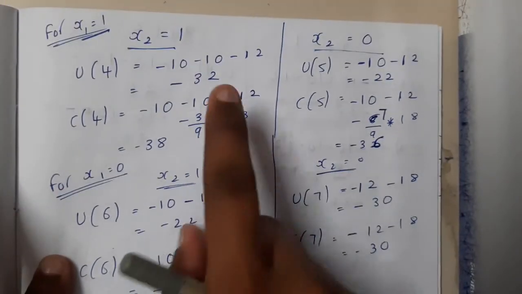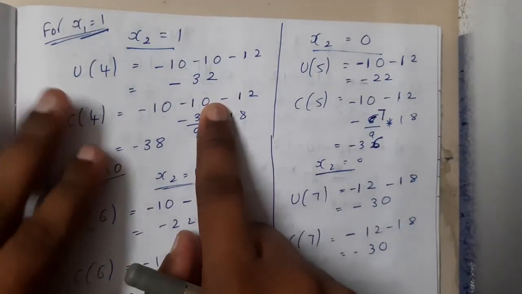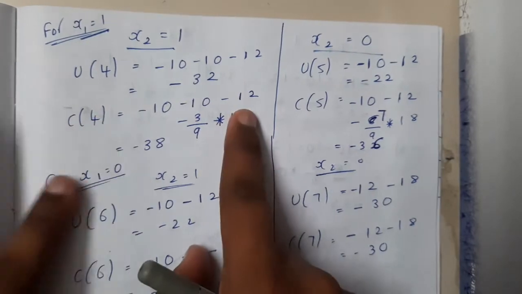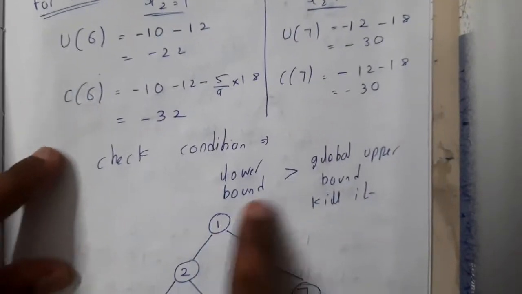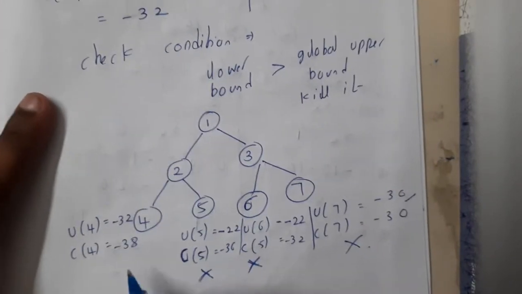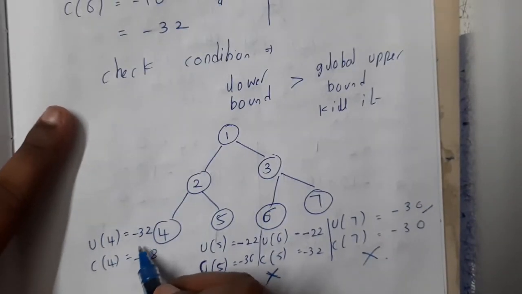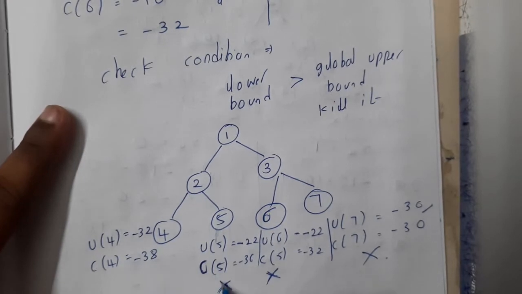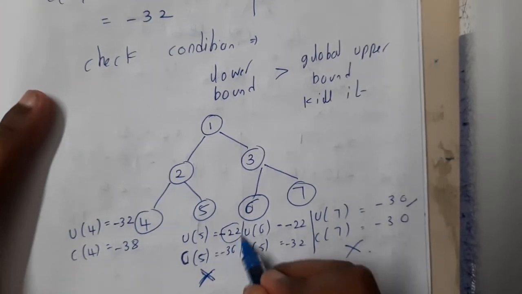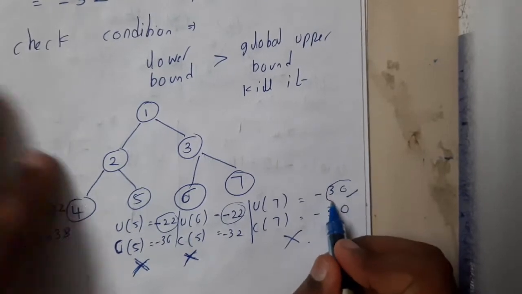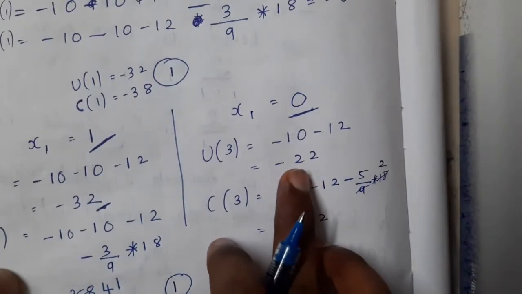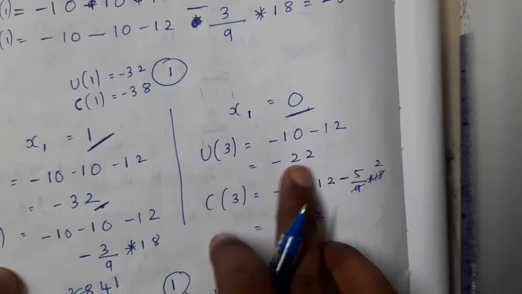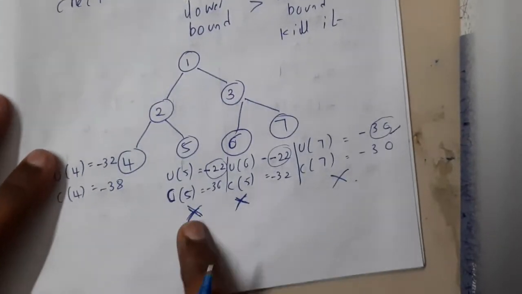Okay guys, we have discussed this method in detail in our previous lecture for 2 to 3 steps. That is the reason why I am just explaining here how you can do it. So you will be doing it and again checking the lower bound. Once you check, the lower bound will be 32, right? So now all these things will be lost because this is having 22, here it is having 22, here it is having 30. So all these things you can neglect. If you consider here also, you can neglect this directly from here. Here also we can directly neglect from here, but we didn't do it. So we have neglected all these things.